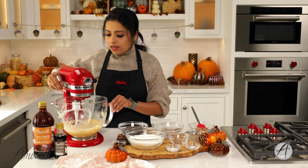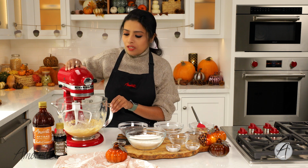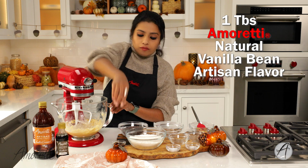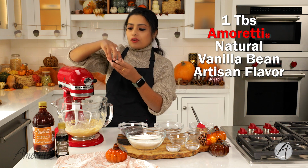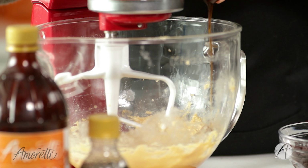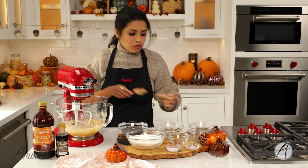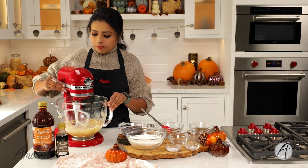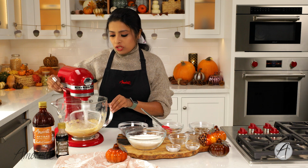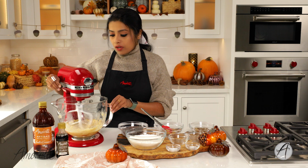When that's done, it's time to add in our flavoring. So today we're using our very own vanilla bean artisan, and I have 1 tablespoon of it here. I'm going to drop it right in. That's done, and back to mixing again. Around this time, you want to switch the mixer to low and not overmix it again